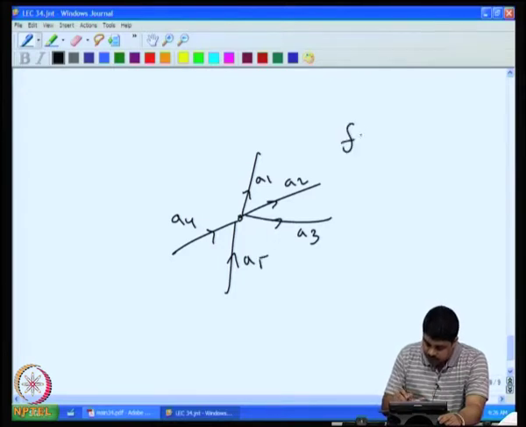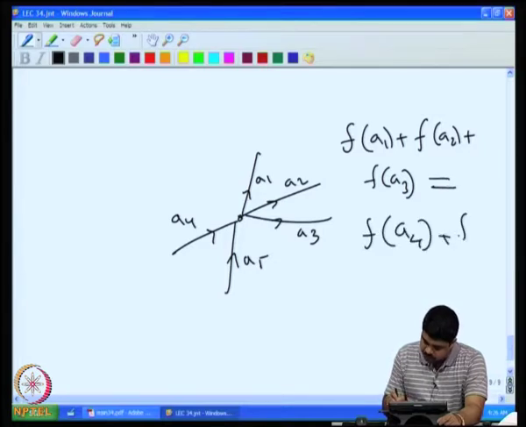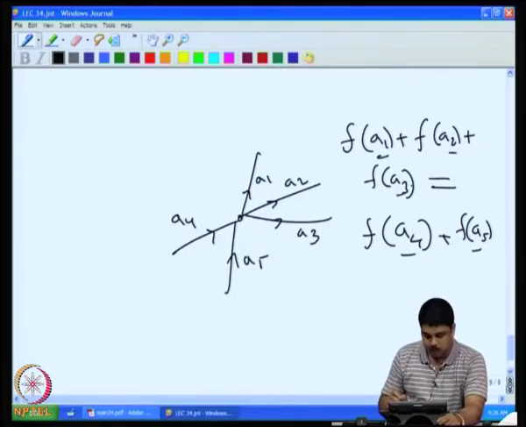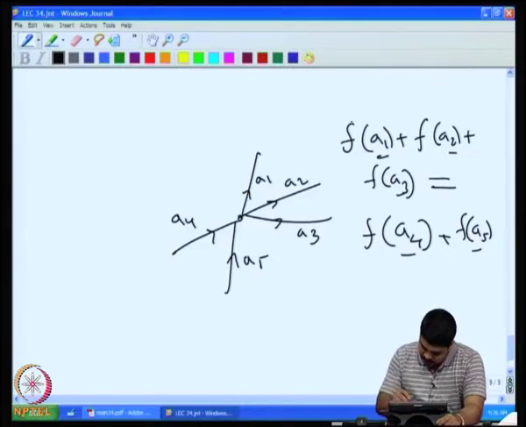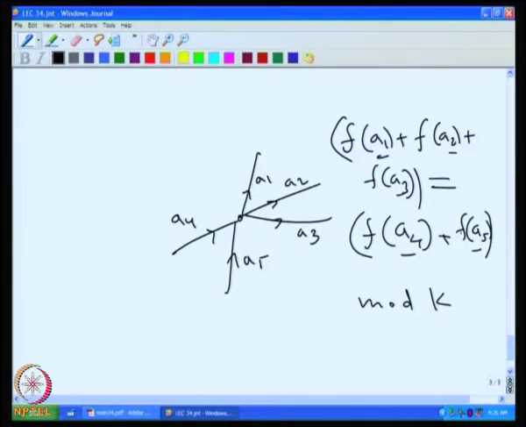Usually we want f of A1 plus f of A2 plus f of A3 equal to f of A4 plus f of A5. Why? Because A4 and A5 are the incoming arcs, A1, A2, A3 are the outgoing arcs. Now, we do not want this, we just need this mod k only. So, these may be different values, but when you divide by k and take the remainder, they have to be the same, right. So, therefore, this flow is somewhat different,